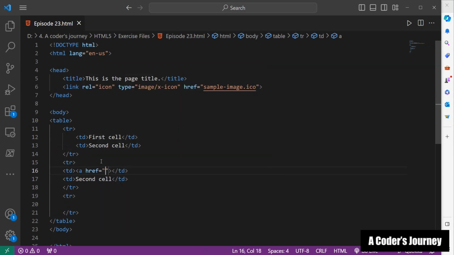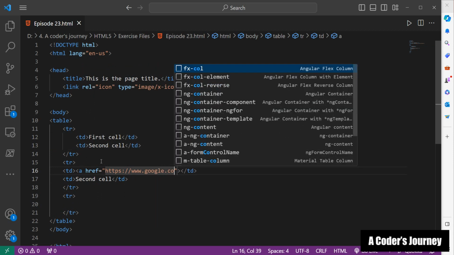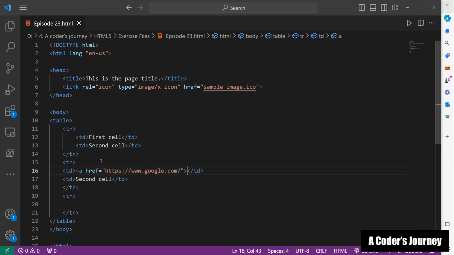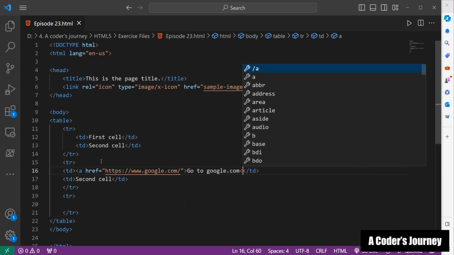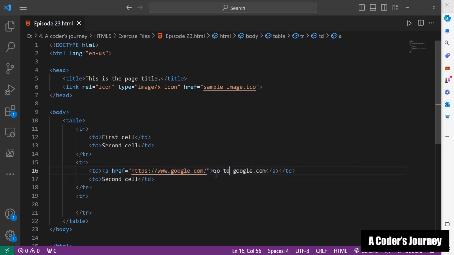So I'm gonna say, let's navigate to google.com one more time. And then I'm going to say go to google.com for the content of my tag. So basically in this TD tag, I'm showing an anchor tag,